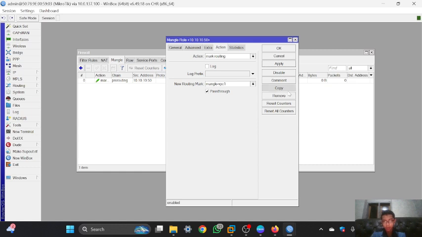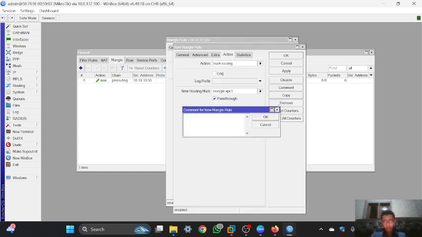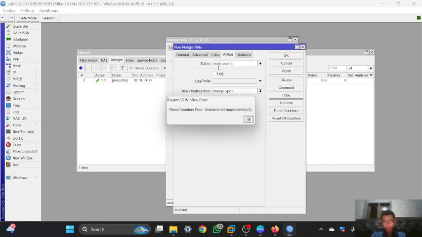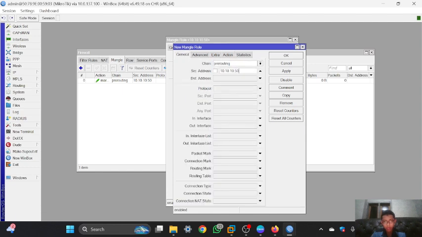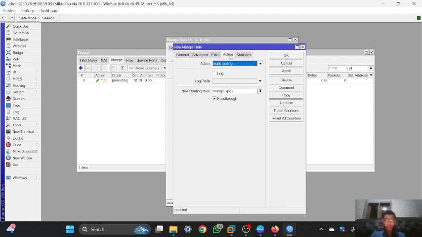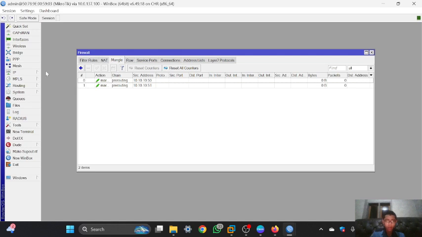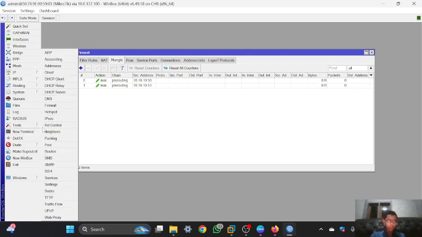Then you can copy it and change the IP. We'll change the IP in the source address with the IP of the VPC2, and for the action I will change it into VPC2. Then you can click apply.